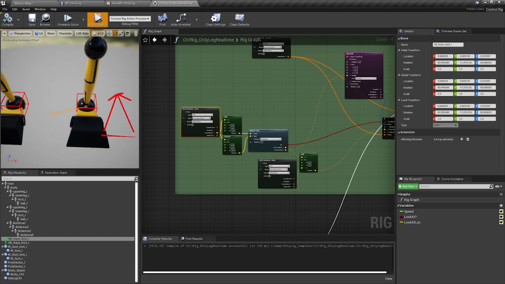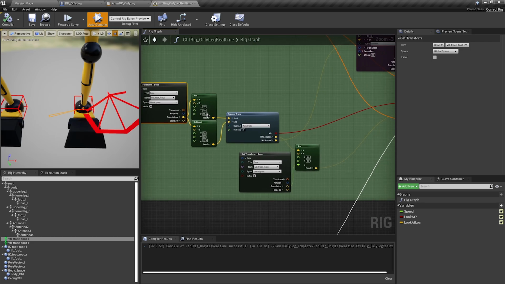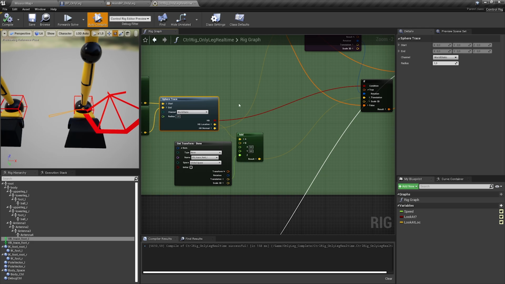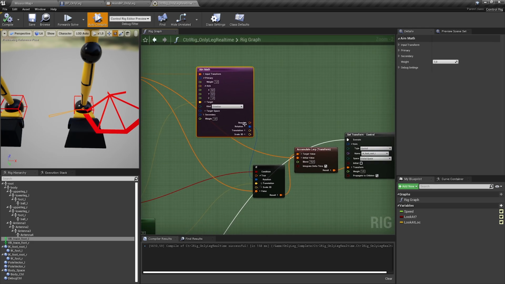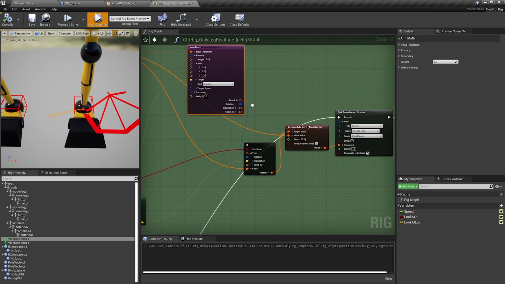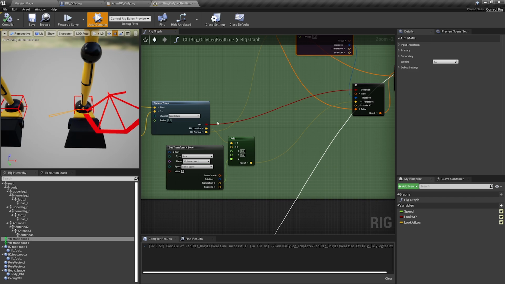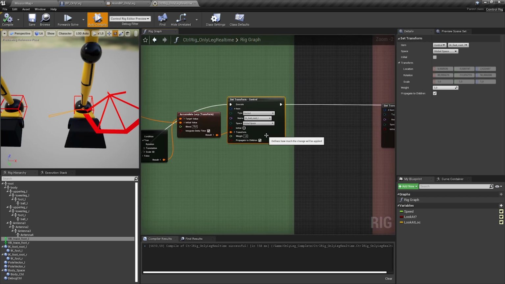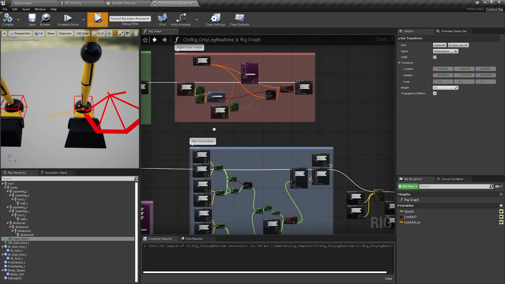And this bone here is using the transform of the foot. So it has exactly the same position. And I'm using this position to do a sphere trace. And if it hits something, I'm using the hit normal with an aim math to figure out how to rotate the feet. So if something is hit, he's taking the location and the hit normal with the transform, accumulate lerp on the transform, and then I'm setting the control I'm later using for IK. And actually exactly the same for the right side.